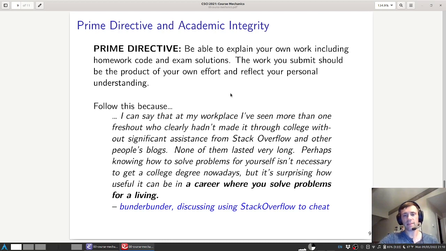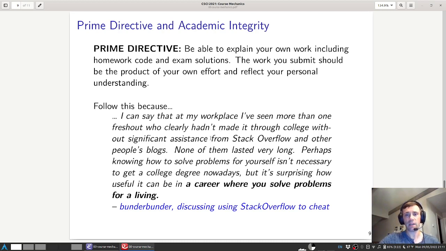The reason that this is important in most college courses, particularly programming courses, is that you're training to solve problems for a living. And I really like this summary from a wonderful user named Bunder on Stack Overflow, who was responding to the level of college cheating that was detected. And that person had the following to say: I can say at my workplace, I've seen more than one fresh out, as in fresh out of college,